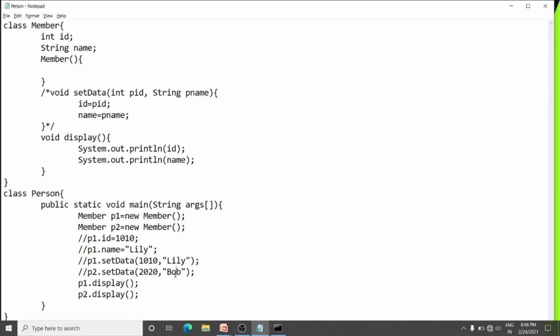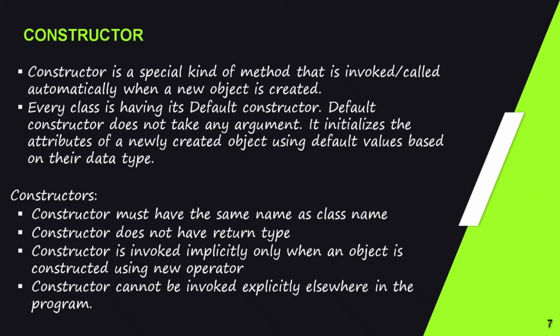Here you have to remember a few points while using constructor. Constructor looks a lot like a regular method with two basic differences. Constructor name and class name must be same, and the constructor does not have any return type, like we have void in the regular method. Here also we have void in this regular method. Here we are not going to write void, integer or any return data type for the constructor. Just write the constructor name as the class name. And the constructor is invoked implicitly when the object is created using the new operator.